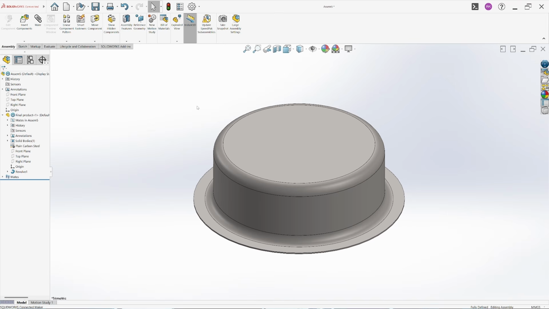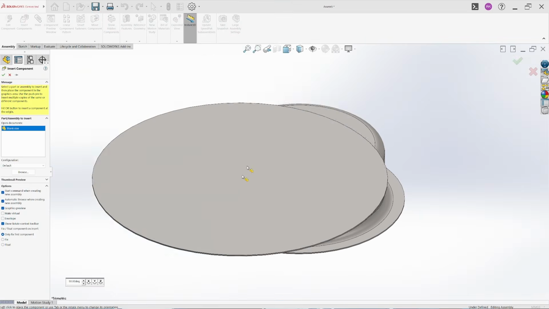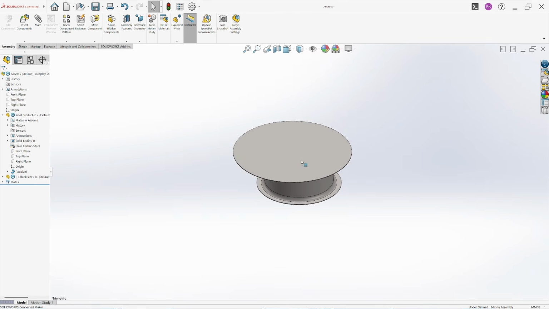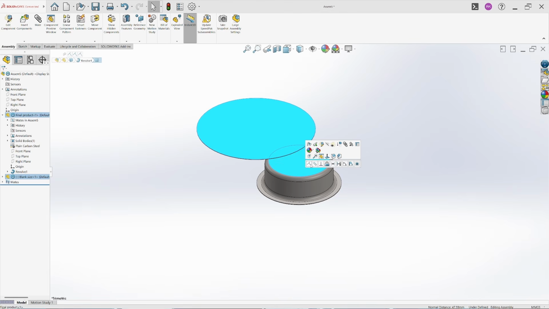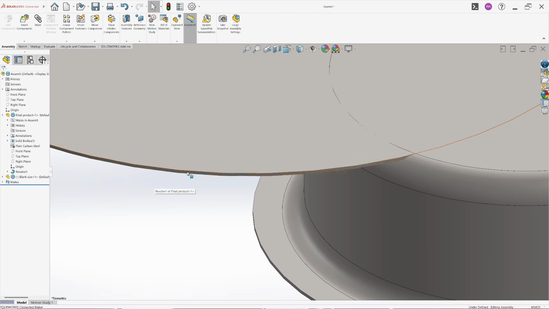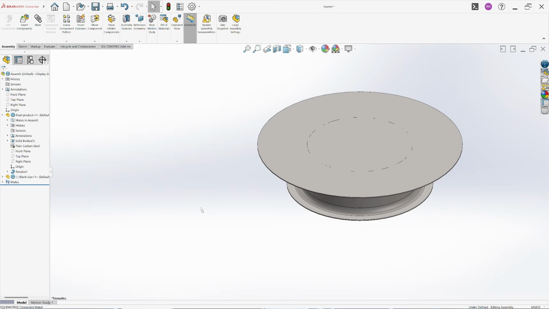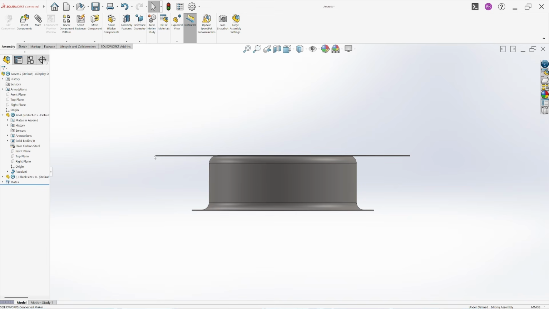Now just for visualization, let me also bring our blank size. Okay, so let's bring it here, and also let me mate it with our final product on the same level. Okay, and also let me make it concentric with our final product. Now we can see initially this will be a flat sheet, and then after drawing this will take this container shape, right? Now before designing any part, first let's decide the sequence of designing, like what will be